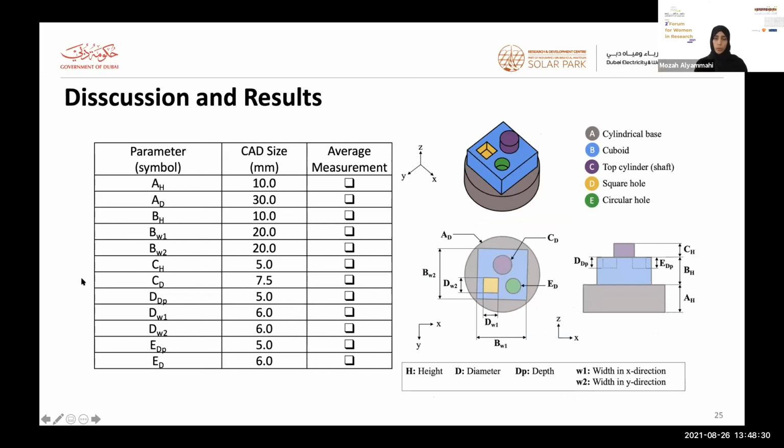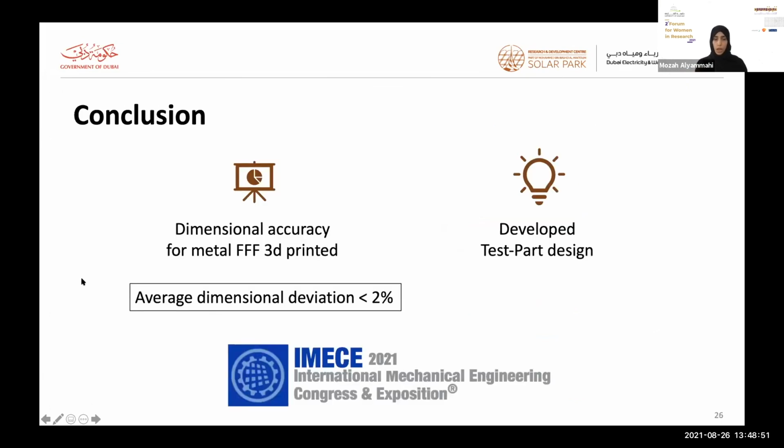So what we did is we took each feature in our design, and we measured the dimensions exactly for each one, for the six samples from each material. Then we took the average to know how it differs from the CAD size. To conclude, in our work, we evaluated the dimensional accuracy for the metal FFF process, and we achieved an average dimensional deviation of less than 2%. And we were also able to develop a new 3D design to evaluate metal 3D printing samples using the fused deposition modeling technique. For more details,